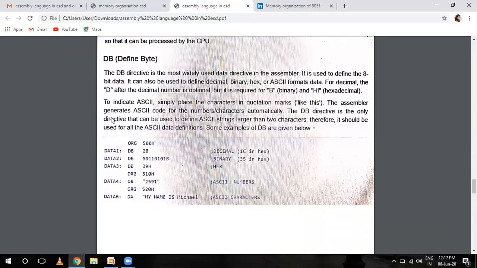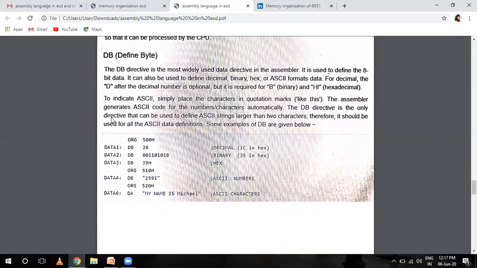So you can see that this is ORG 500H, DB 28, that is decimal, 1CH in hexadecimal, and a binary value, this is 35H in hexadecimal, that is data 2, DB, data 3, DB 39H hexadecimal, ORG 510H, and data 4, DB 2591 ASCII numbers, ORG 520H, and data 6, DB 'My name is Michael', that is the ASCII characters.